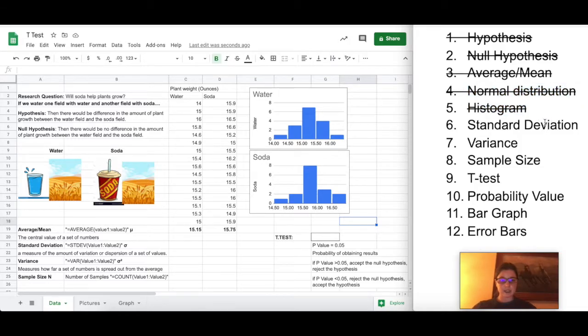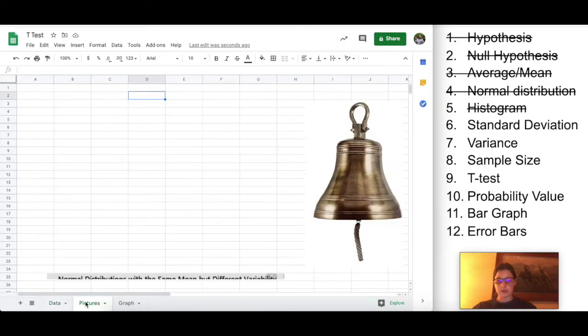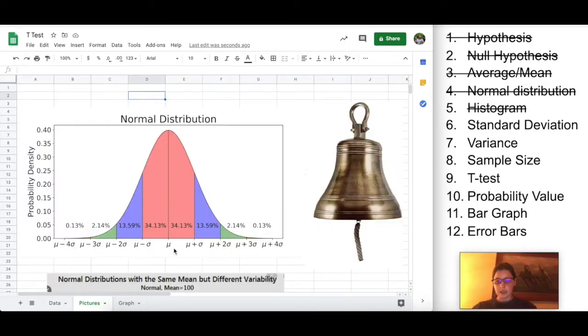So now we want to find standard deviation. Standard deviation is the measure of the amount of variation or dispersion of a set of values. It can also be represented by this funky looking o, or lowercase sigma. Now, in order to get a better idea of what this standard deviation means, you could say the spread around the mean, or mu,